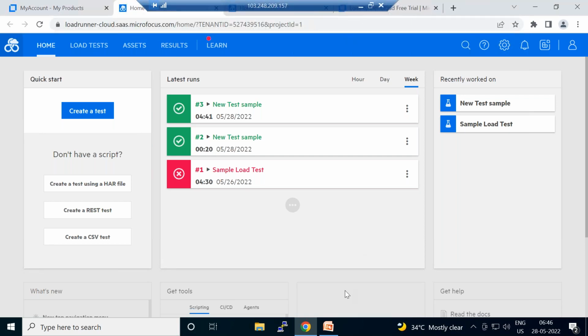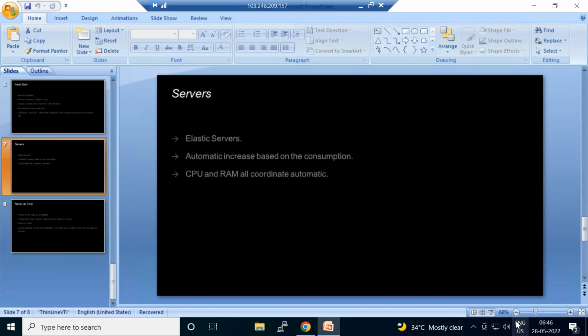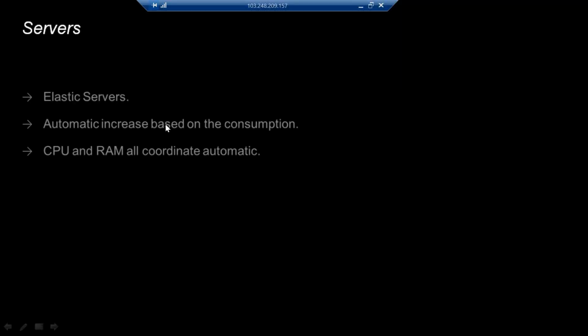Why we use this Loadrunner Cloud is that the server elasticity is very high. We are depending upon AWS and Azure platforms, where it's not like load generators.